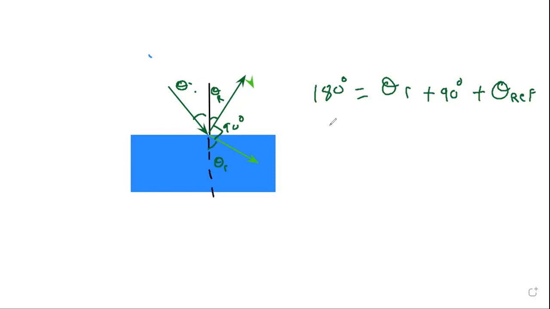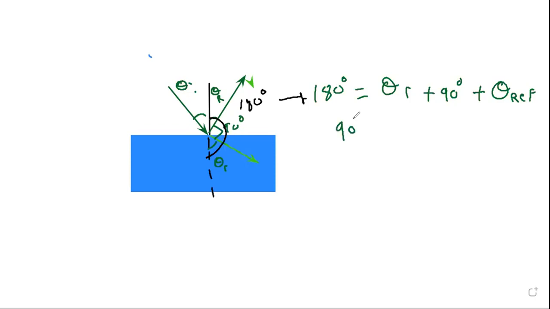So does this make sense? What I'm looking at is that this angle right here must be 180 degrees. So if I add every angle on this side, I should get 180 degrees. And if I shuffle some things around, I can then get a relationship between the reflected angle and the refracted angle, which is that